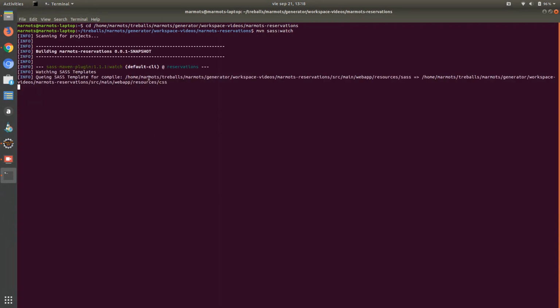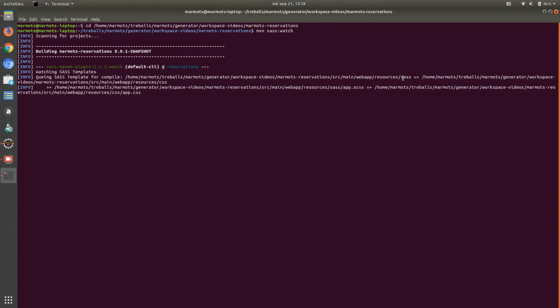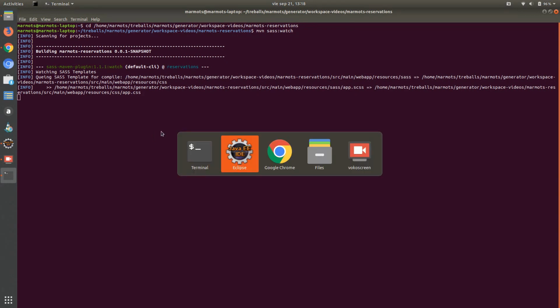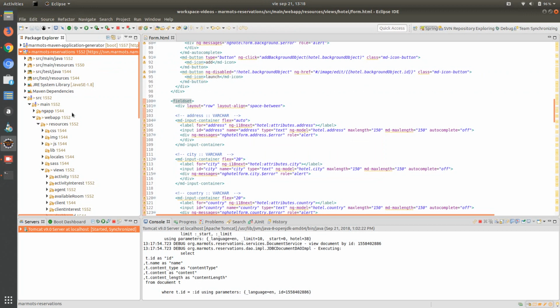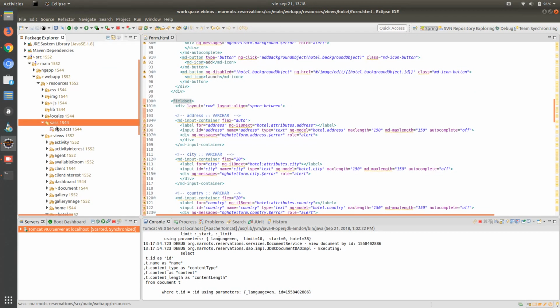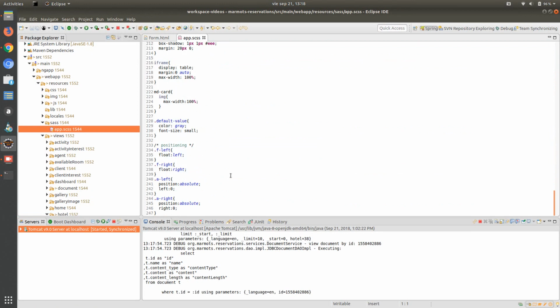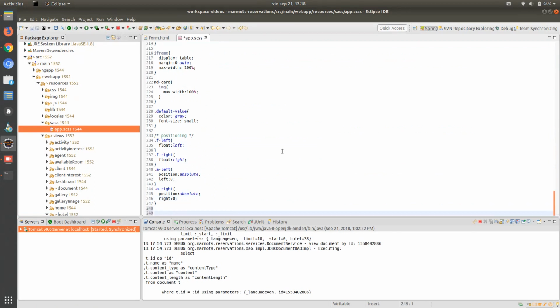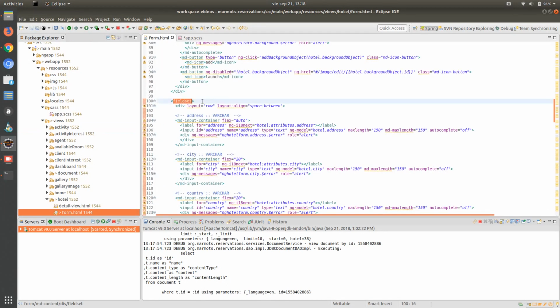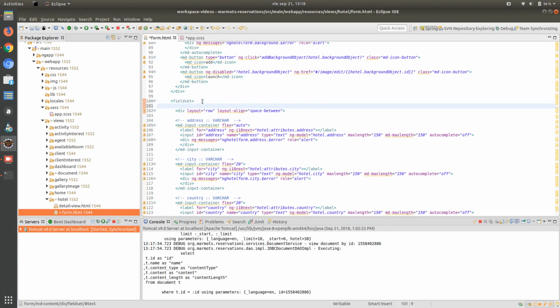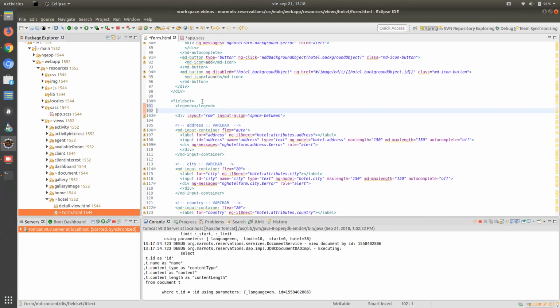So it is watching our SASS file to generate the CSS, and now we can make changes here in the application SASS. So we can go here and put a field set. This field set will have a legend that shows